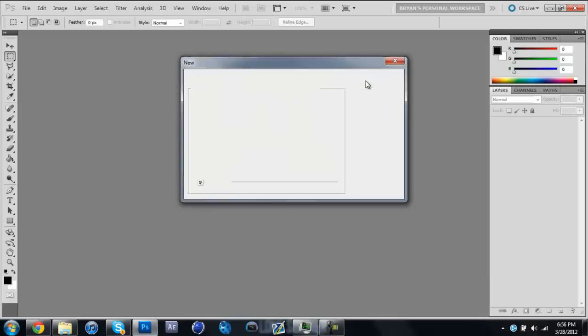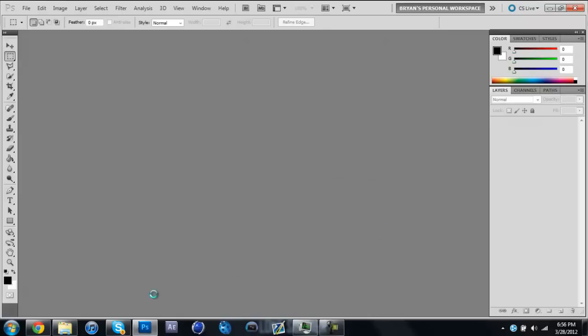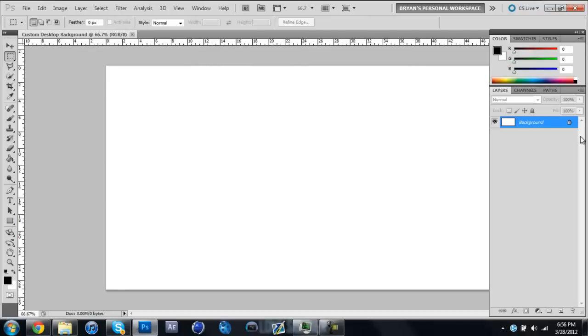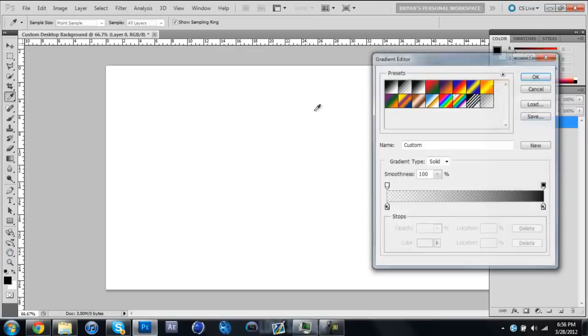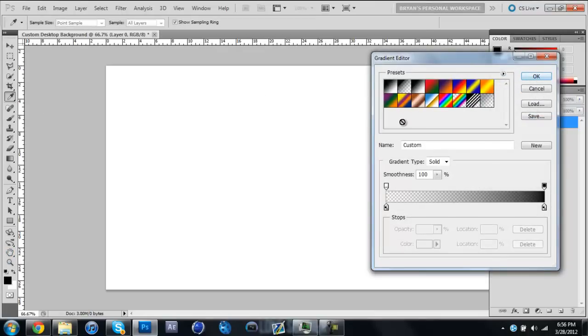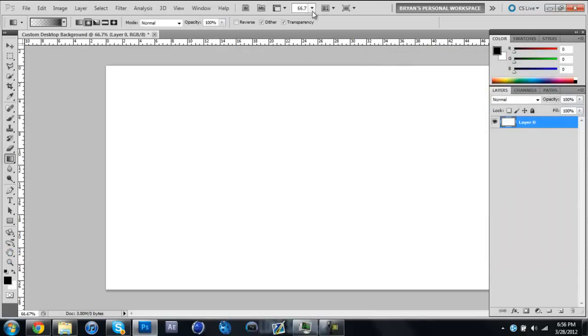Alright, so we'll start it off. Obviously you should be familiar with some of the main features, but if not, I will go over them as I do them. Right now it should automatically give you a locked layer. Take the lock off, that way you can do whatever you need to. Then you want to go to your gradient tool. This is just a simple starting way. There are many other ways you can do it, and I actually start my desktops a different way, but since this is for beginners,